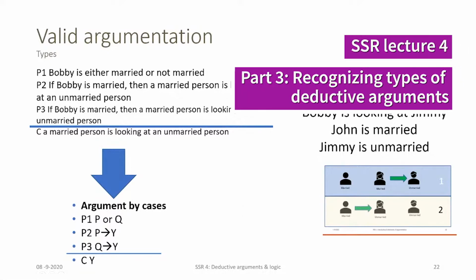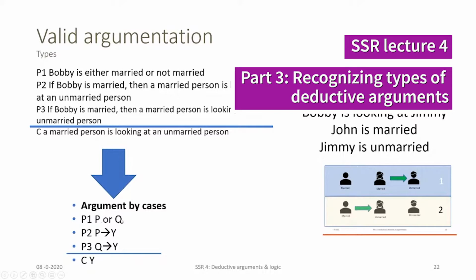Sometimes it's a hassle to assess whether something is valid or not. So what can help is recognizing specific forms of deductive arguments, as you can sometimes encounter them. And I'm going to point out a couple of these examples as they're mentioned in the book as well. First is an argument by cases, which in symbols would mean